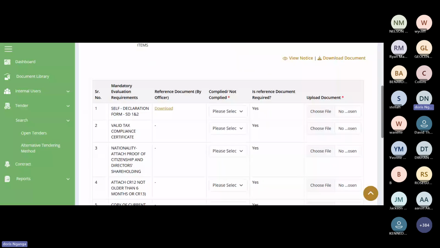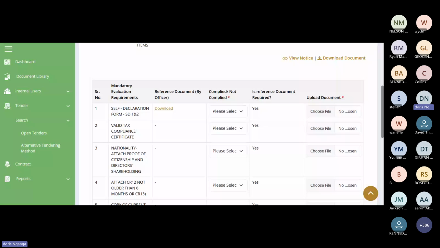What you're supposed to do is download this document. It has been embedded in the system. You download the document, print it, fill it, then you scan it, save it in your computer, and then you come and upload it. So for the self-declaration form, you download it, print it, fill it, scan it, then upload it back to the system.